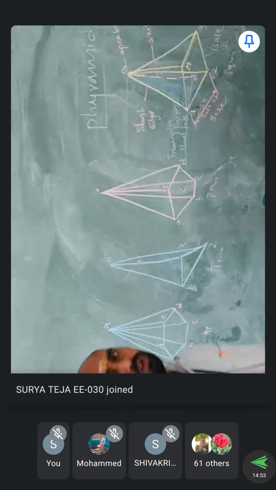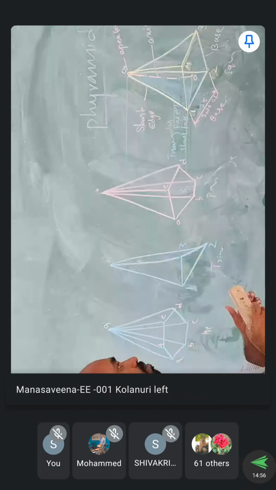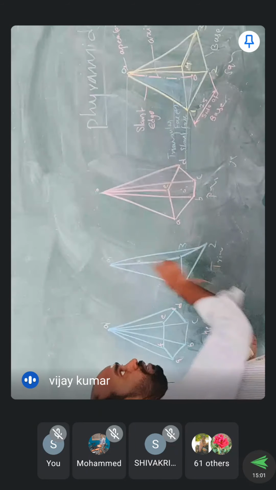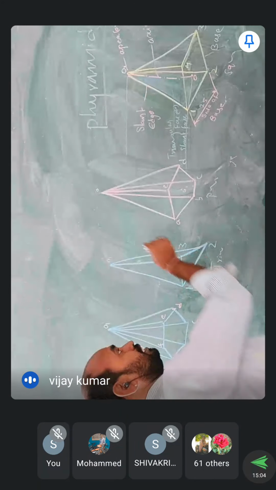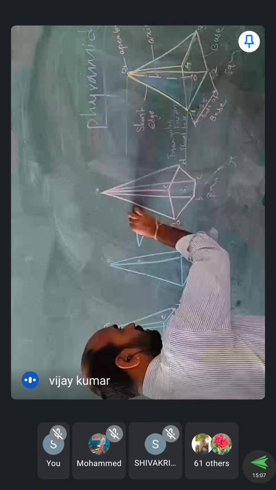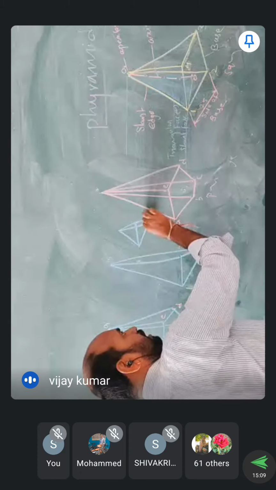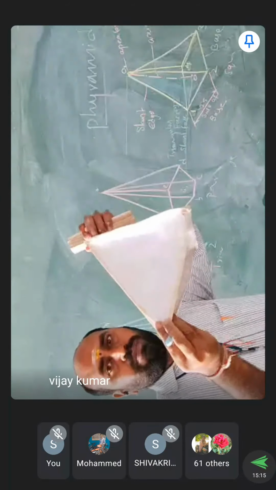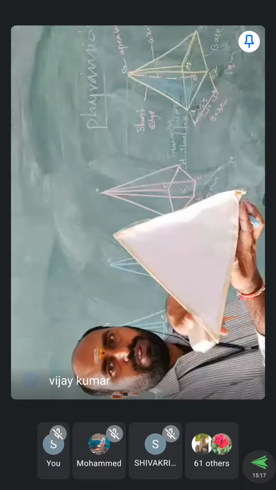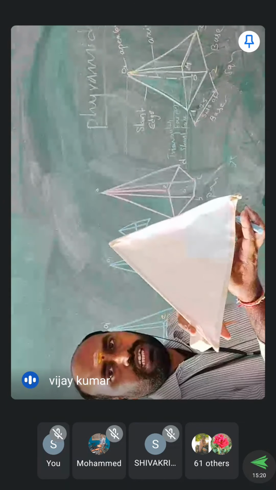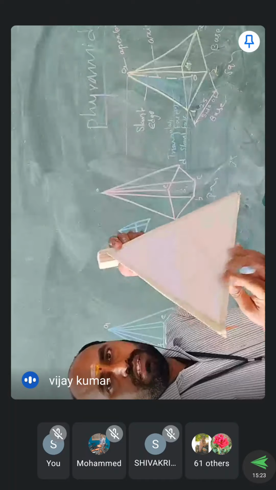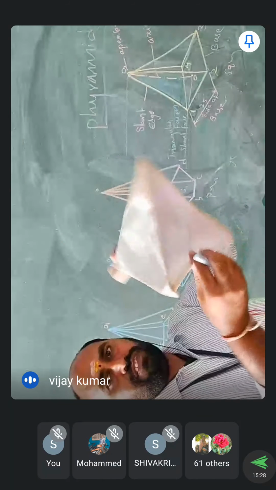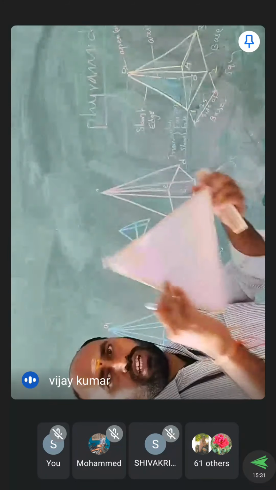Okay? No problem. So next, you have to know the difference between the triangular pyramid and a tetrahedron. There is a small difference. For example, the base is this one, and this is called a tetrahedron. This is also a tetrahedron if it is standing like this. Suppose one edge of the tetrahedron is 40 mm, and the remaining edges are also 40, 40, 40, 40. Everything is 40, whatever edge we consider.